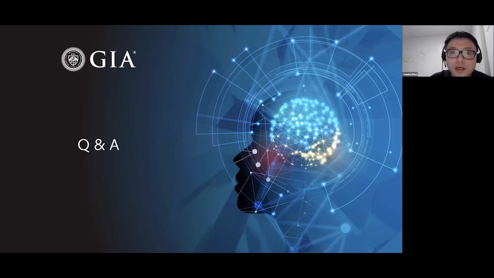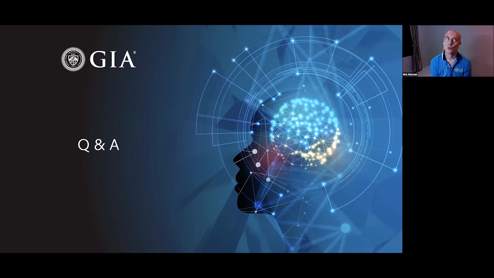Okay, thank you, Nick. We don't have much time, so I'll ask the last question right now. Someone's asking, which locations in GIA have all this equipment, the X-rays? All of our locations have the X-ray machines. We have Bangkok, Hong Kong, New York, and Carlsbad. In Japan, we don't have them, so Japan's probably the only one where we don't have the X-ray machines at the moment. Of course, this could change in future.